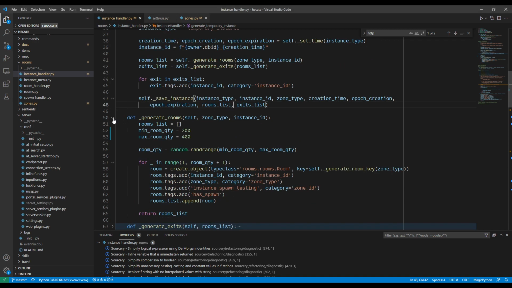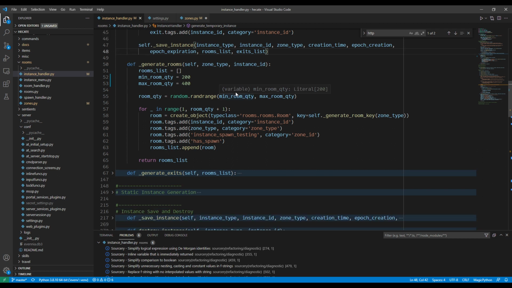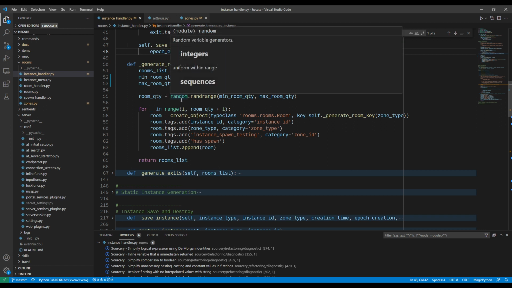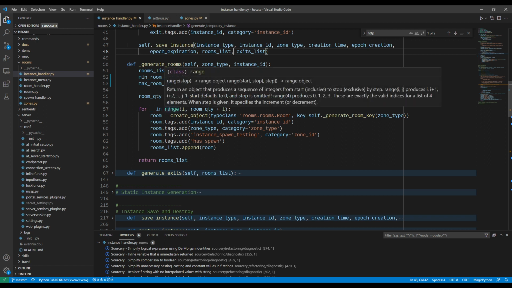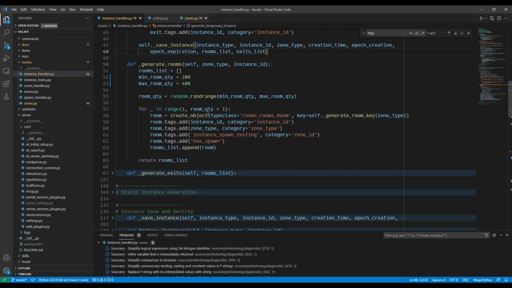So the first method we're going to go through in the temporary instance here is generate rooms. And this is actually pretty simple, pretty straightforward. There's not really much complexity as far as figuring out what things are going on. You just decide how many rooms you want to generate, and then you take that range of how many rooms you have, and you just create an object for each one of the iterations. And then on the room object itself, I just add a bunch of tags, including the instance ID, the zone type,